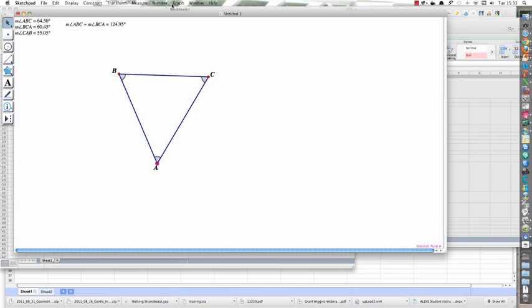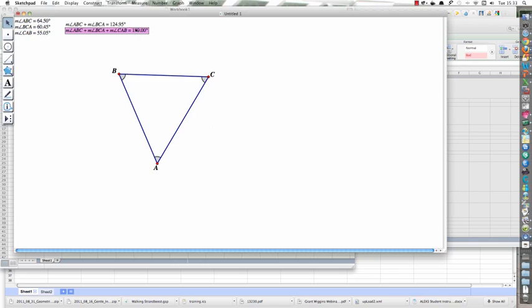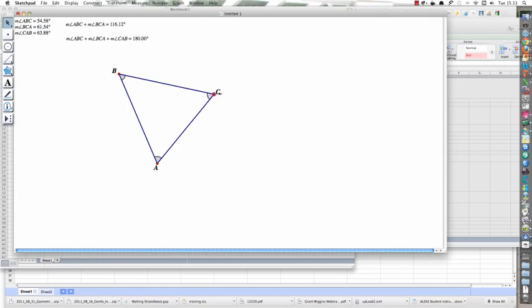Now, let's go back and revisit that. We'll go to Number again and hit Calculate. This time I will add this one and B and C and A, and as I hit enter, I get 180. And as I move the triangle, you'll notice the angles are changing, but the sum appears